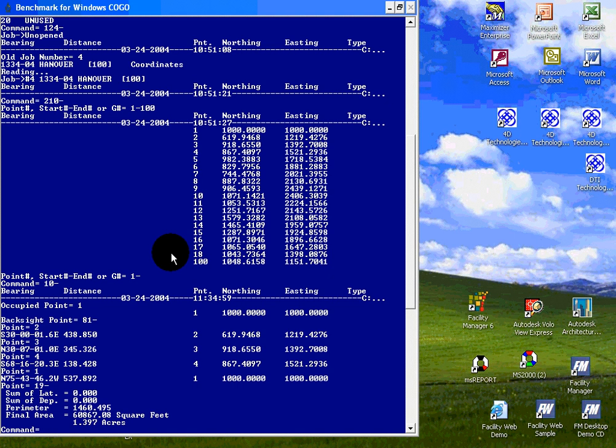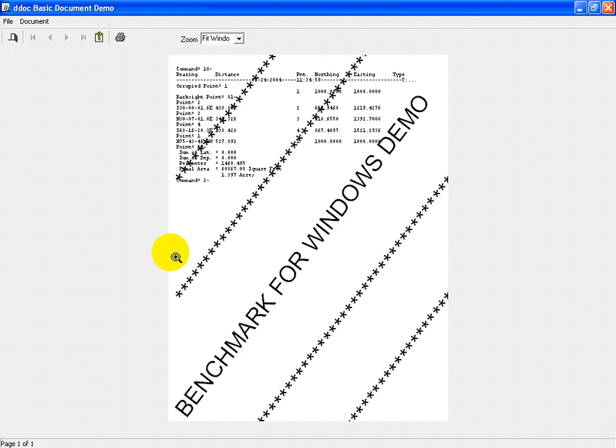Keep in mind, this can go on as long as you want it to. And what's happening is this is all being output to a printer file. When I depress 2 minus, up will come the screen that has whatever number of pages of stuff that I printed. Obviously, in the version that you have on your desktop, you won't have this splash screen that says it's a demo copy, but you get the idea that you can see all the information here,